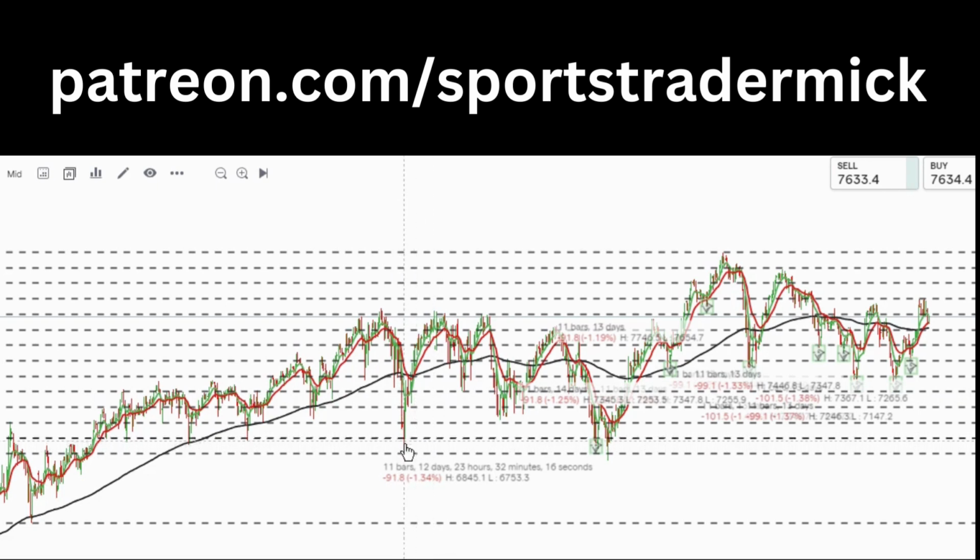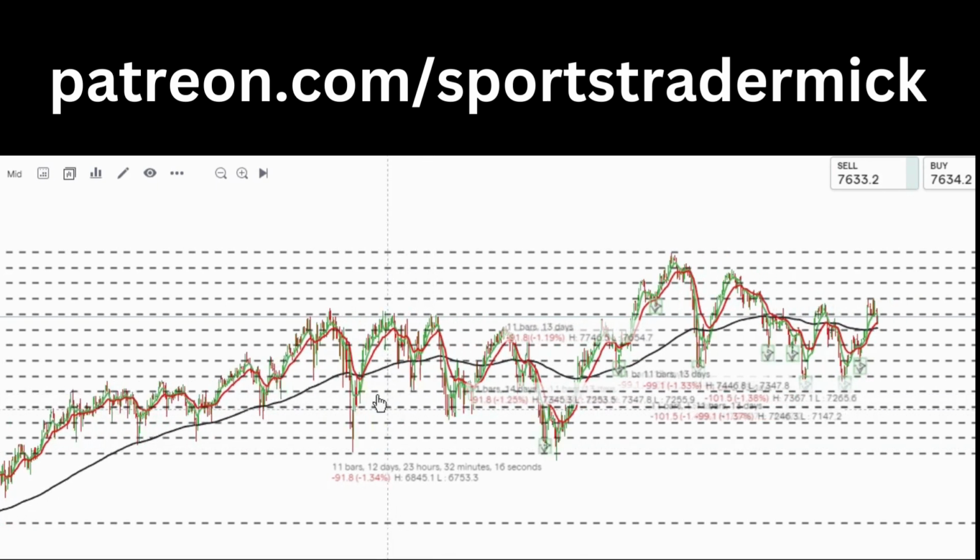And it comes all the way down, but it only tests as far as this, and it's back up again. It could be news or anything that caused this. And then we're back up again. We cross over both again, past the price point, bounced on this area a little bit, above the black again, looking good again. And each one of these is about 100, so we've got 1, 2, you've got 300 there